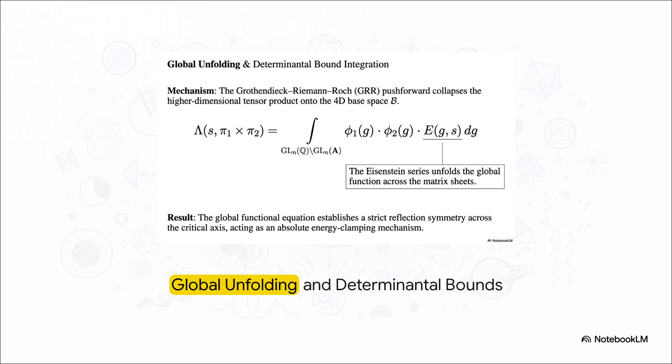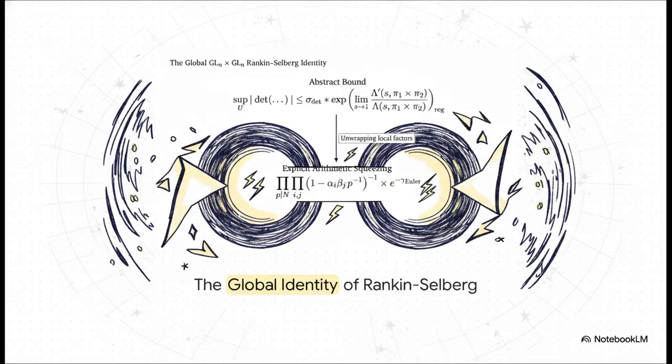It acts as an absolute energy clamping mechanism. So here's the huge takeaway. The cross-entropy of two competing quantum fields is strictly regulated by the primes, which squeeze their volume limits. Look closely at the explicit arithmetic squeezing equation there. When two fields intersect, like, say, merging black hole horizons, they cannot just bounce against each other with arbitrary phase mismatch. The prime numbers literally squeeze the fields together, permanently preventing the generation of unbounded, infinite energy states in